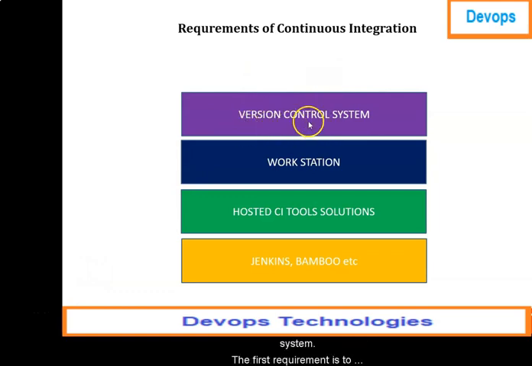The first requirement is to have a version control system, which provides a reliable method to centralize and preserve changes made to your project over time. As I was mentioning before, if a team of developers works together, then everybody can use this version control system to pull the latest available source code so that they can add their new features to build any application or to make any change. Also, if you are using on-site solutions,